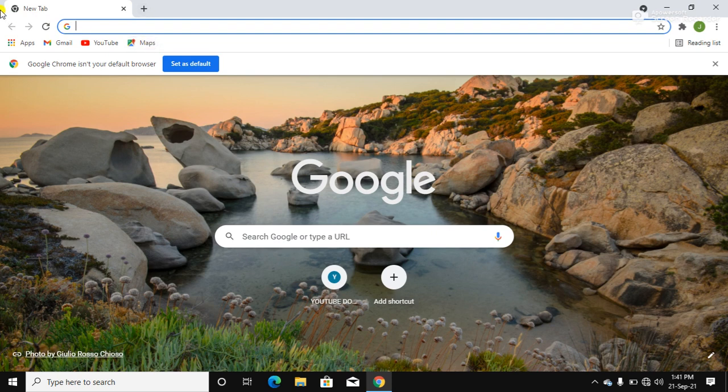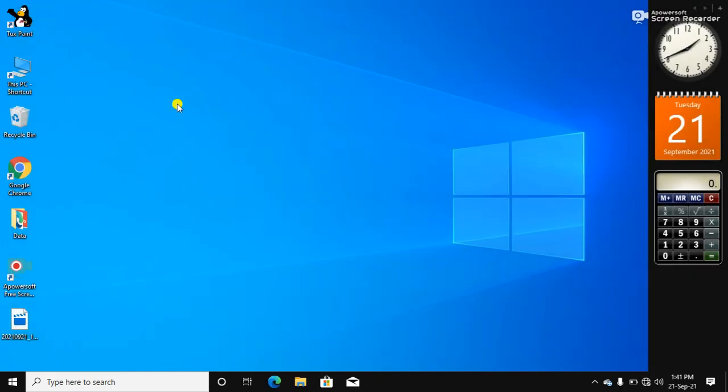Where is the title bar? This is the title bar, New Tab. It appears at the top of the window. It shows the title of the running program. So I am running the new tab. The title bar has different types of buttons.